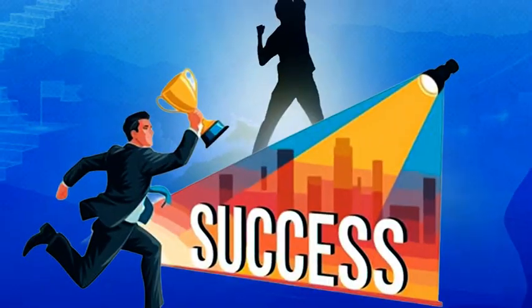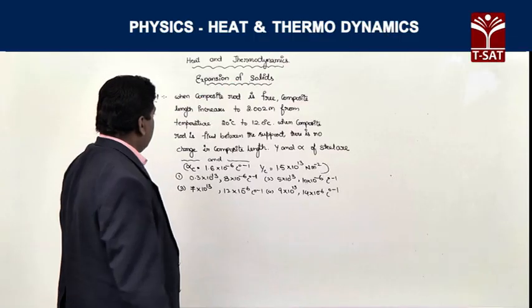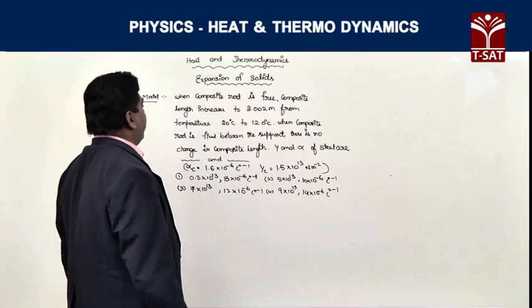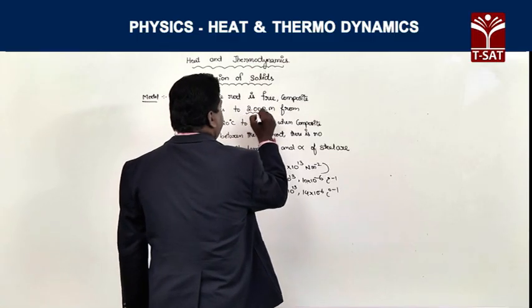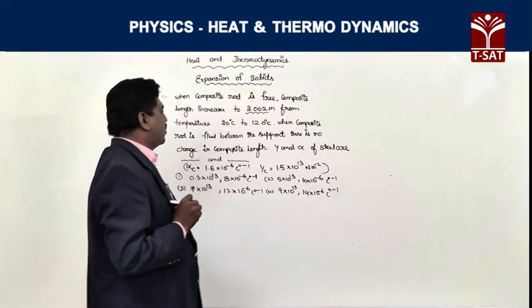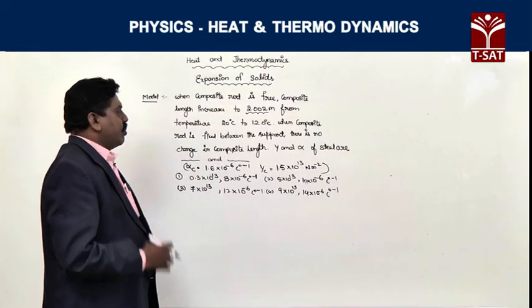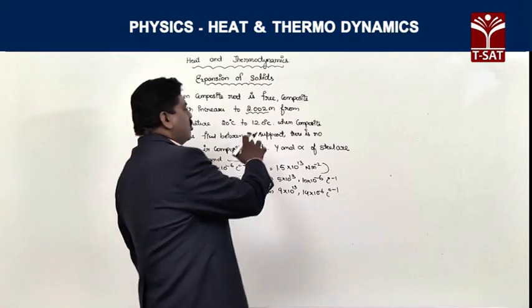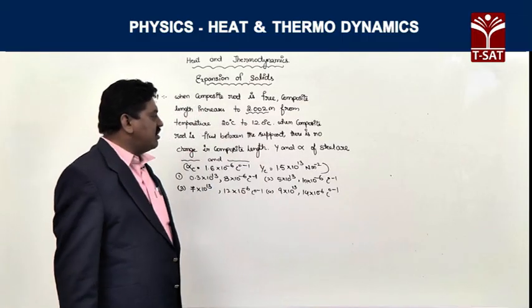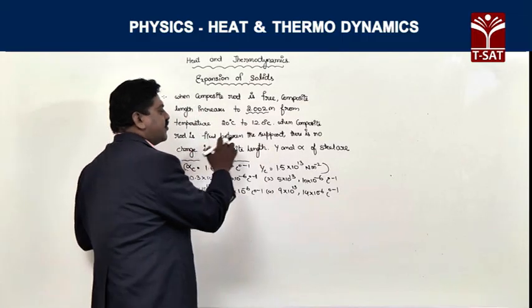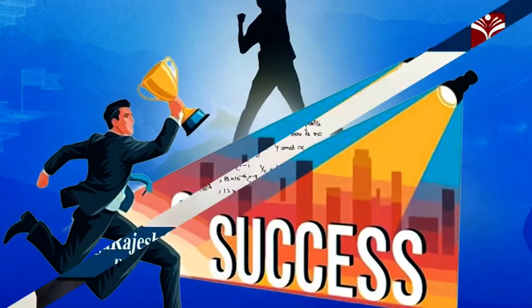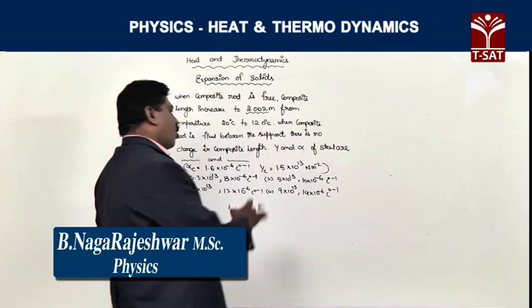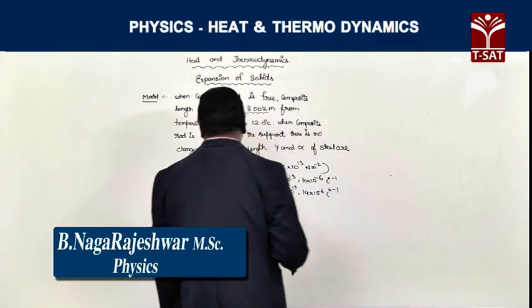Now let us consider another model here. When the composite rod is free, the composite length increases to 2.002 meters as the temperature rises from 20 to 120 degrees Celsius. When the composite rod is fixed between the supports, there is no change in composite length. Then Y and alpha of steel are,